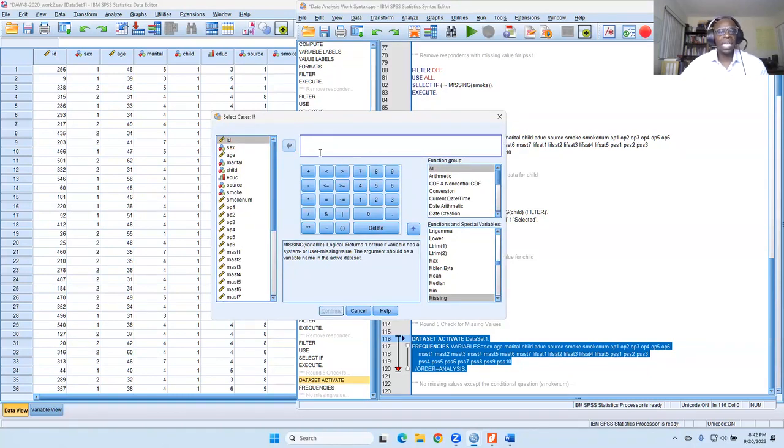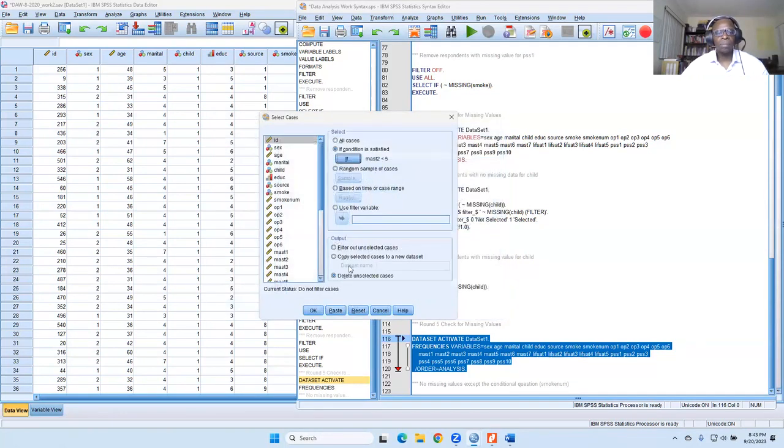We say select if cases, if mastery Q2 is less than 5, because 5 is invalid. So we're telling SPSS, select all the cases in the analysis that are less than 5. Click continue, put on the filter.